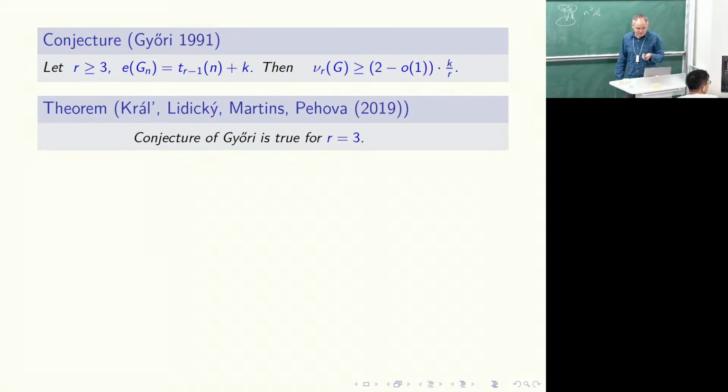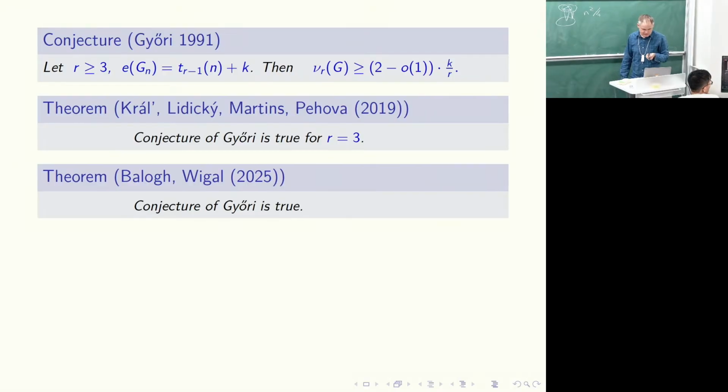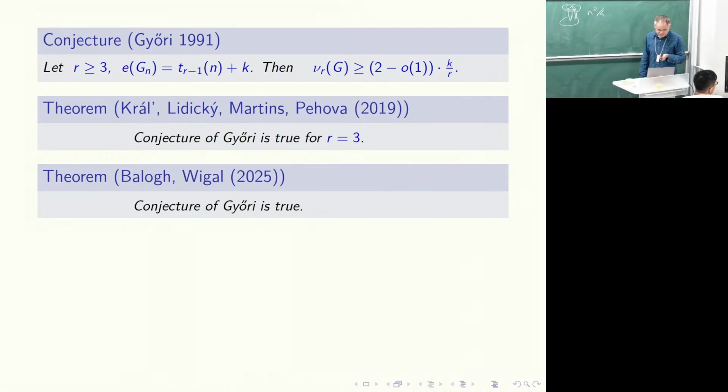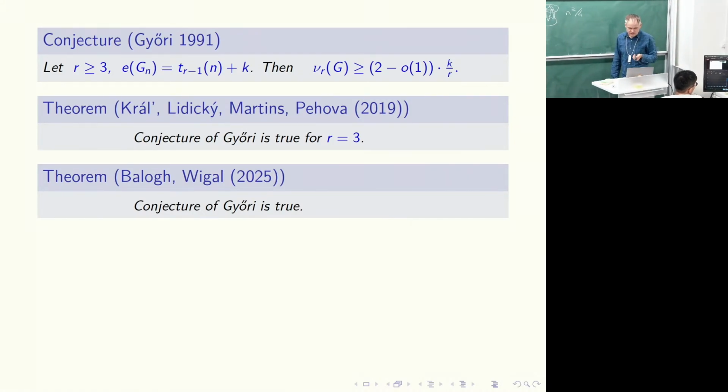Because for R equal to 3 it is the same as before, the conjecture was proved by the flag algebra people. So one of the main results of ours is that we proved Győri's conjecture for arbitrary R,